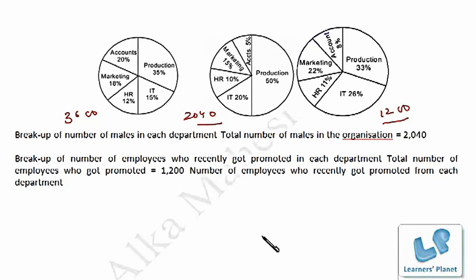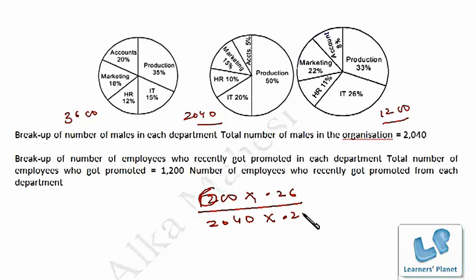Okay, so it's half of them, that's 1200, and 26% are from IT department, so I just write 0.26, and half of them are males, right? So I just write 600 over here. Now we have to find out its percentage from the male employees from IT department. So 2040 and 20% of them are males, so it's 2040 into 20%, that's 0.20, and we have to find percentage of this from this, so into 100, right? So precisely we have to make this calculation.